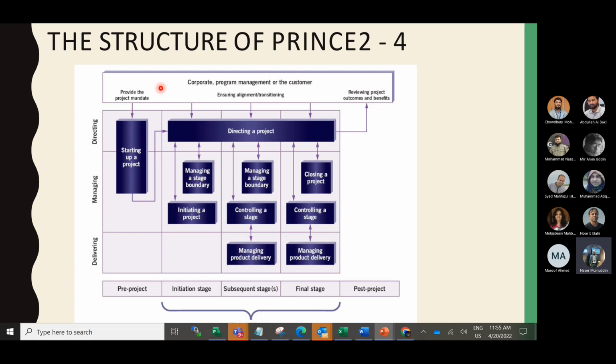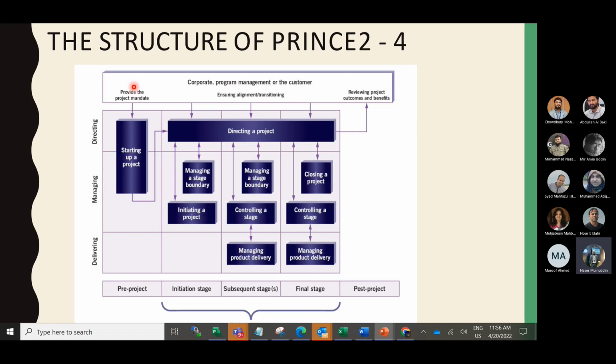They first provide the project mandate. For example, you can consider a market outlet like Shopno, whose management decided that Shopno's sales have dropped. They want to introduce a mobile application project for Shopno, so that customers can use the mobile app, and sales and revenue of Shopno will increase.